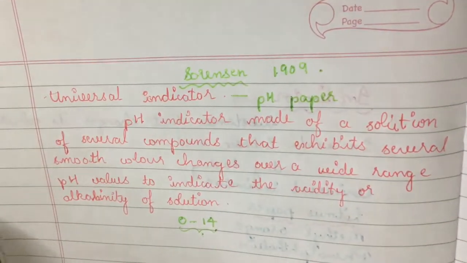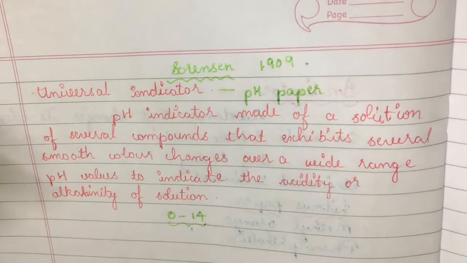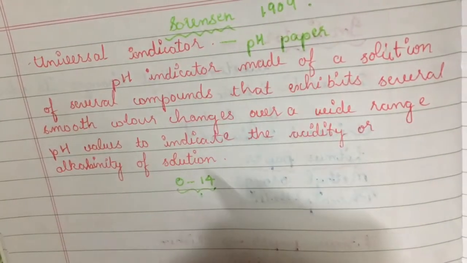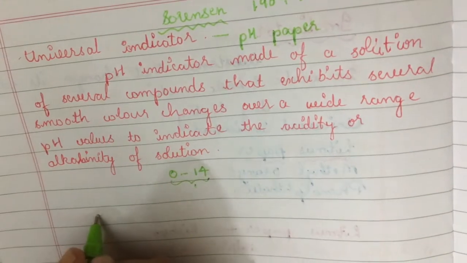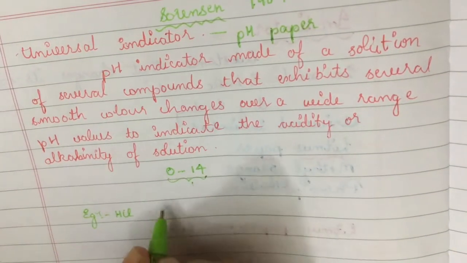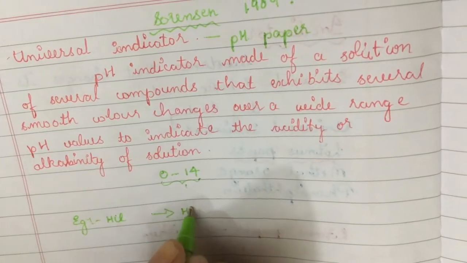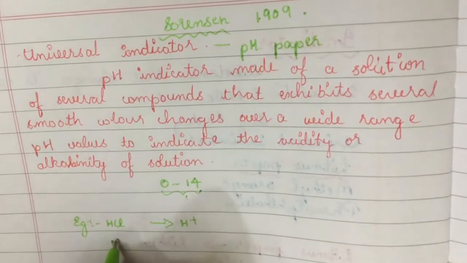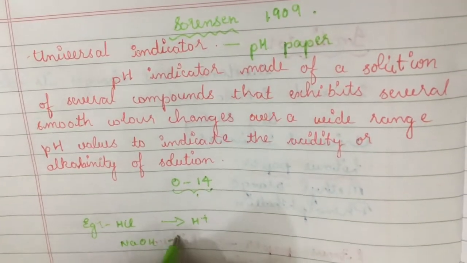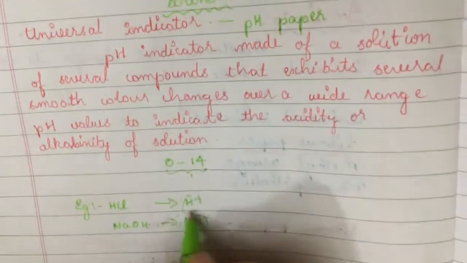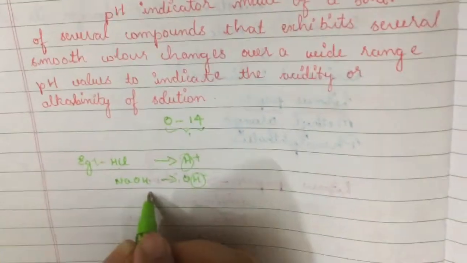Every substance, whether it is an acid or a base, as I have given you examples: HCl is a common example for acid. So this acid will contain H plus ions, and the bases, that is NaOH, contain OH minus ions. So there is H, that is hydrogen, in both the acid as well as the bases.